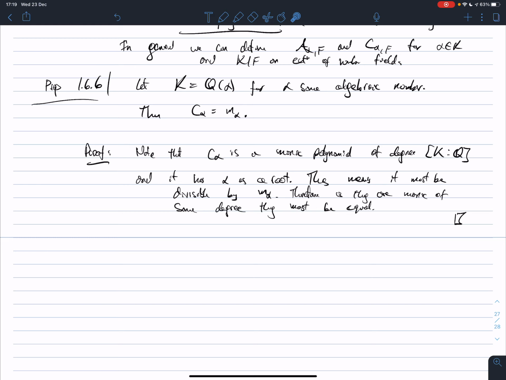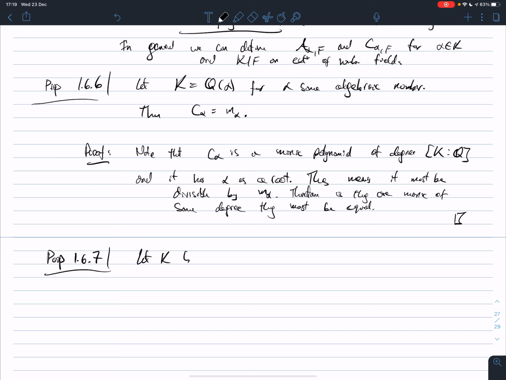So let's study this field polynomial a little bit further. So here's proposition 1.6.7. Let K be a number field, and beta some element of K. Not sure why I swapped from alpha to beta, but I did it in the notes, so I'm going to stick to it. Then A of beta is diagonalizable